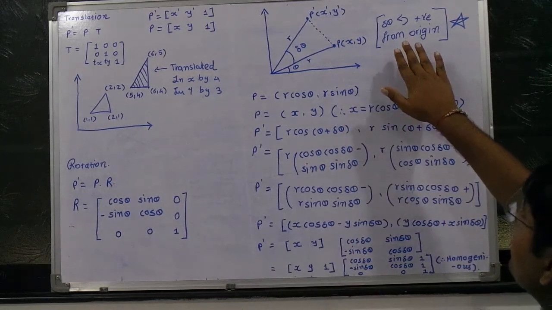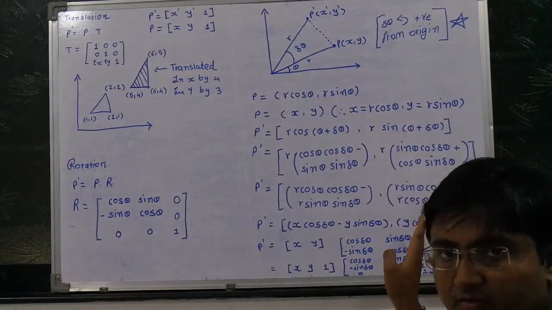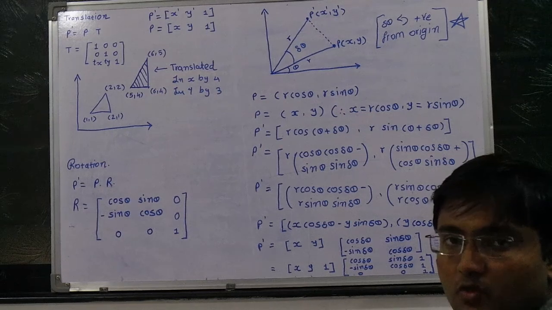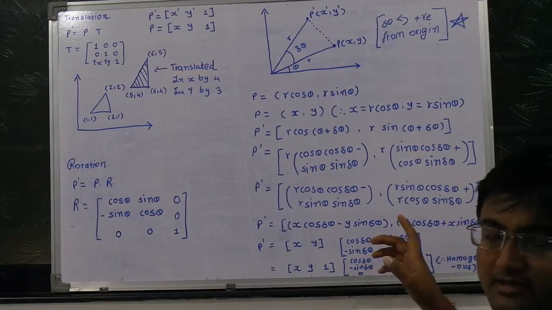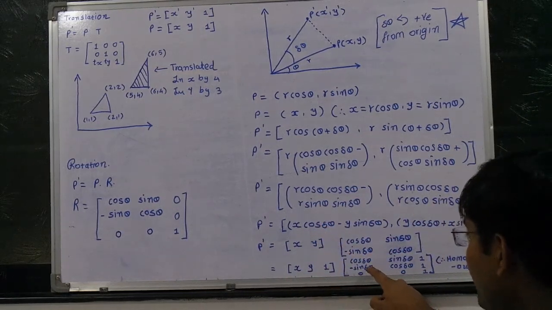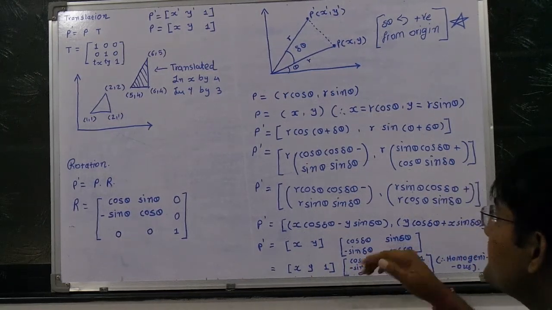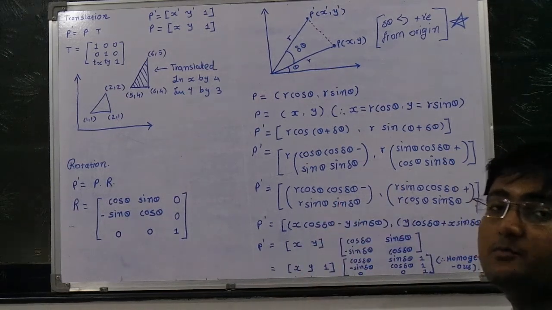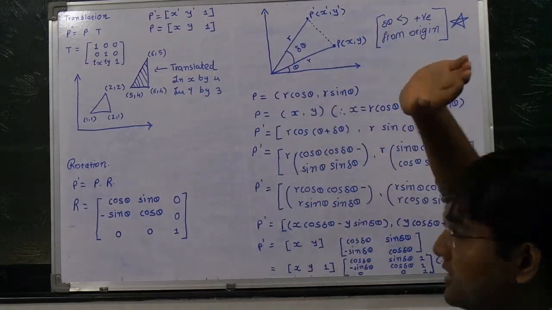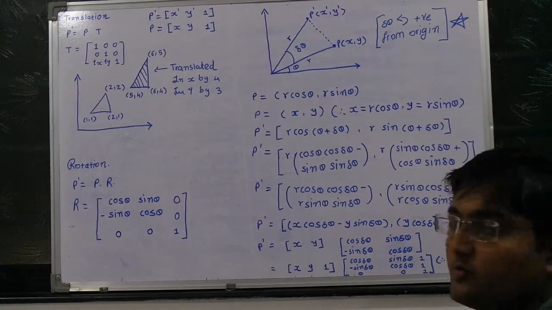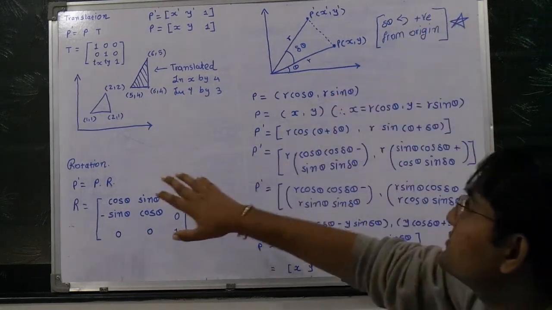But the main thing to remember is that delta theta in the anti-clockwise direction is positive, and the clockwise direction is negative. If the rotation takes place in a clockwise direction, then instead of delta theta, you need to put minus delta theta. This is where the difference comes: the sign of sin delta theta changes and the cos terms remain the same. Anti-clockwise direction is positive, clockwise direction angle needs to be taken as negative, and the rotation is taken from the origin. These are the two main basic conditions for rotation.